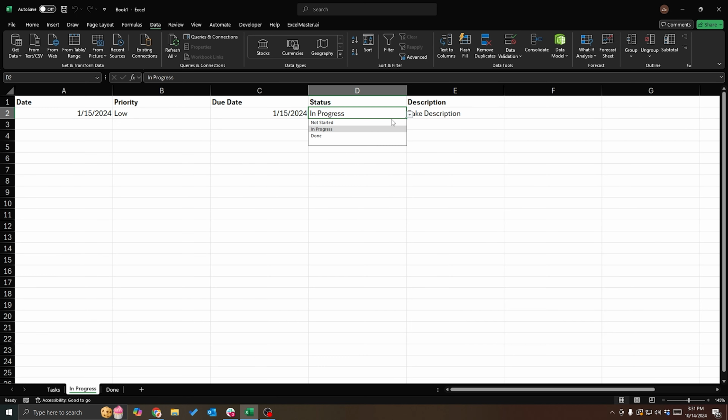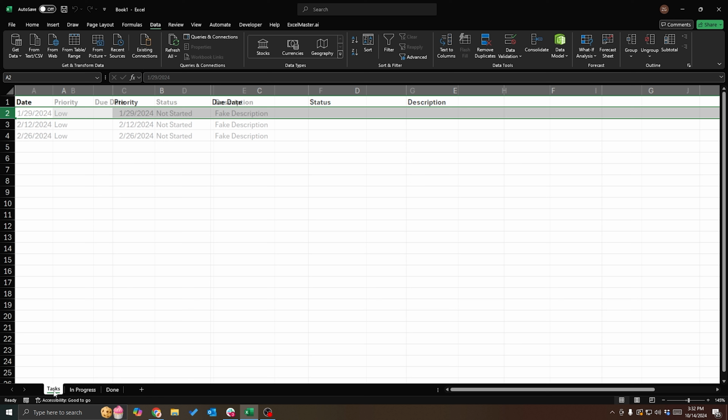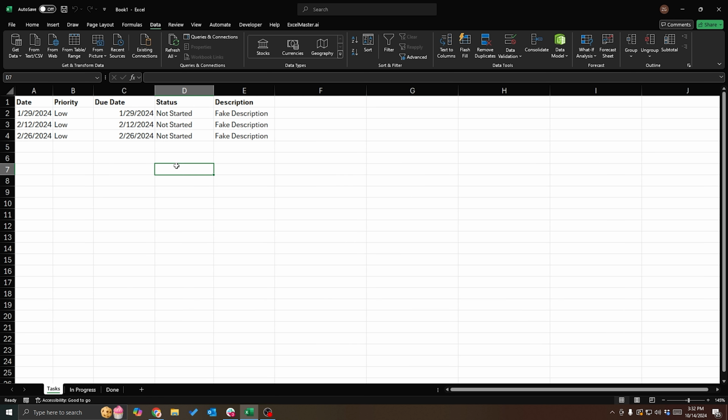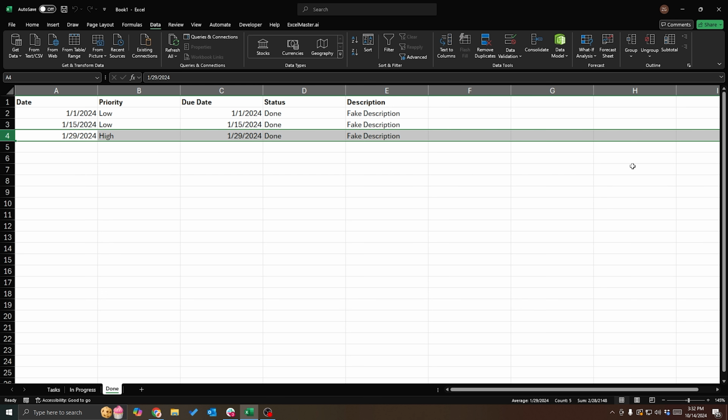And if I change this to done, hopefully it will move over to the done. Bam, that record went away, and bam, it's right here now. And there we go. So now we can move a record from tasks. So if we go to, and I'm going to change this to high so that we have some differentiation here. If I change this to in progress, that record goes away. Here's our priority high record. Now we can change our status from in progress to done, and we move that here, and there we go. And there is our macro,